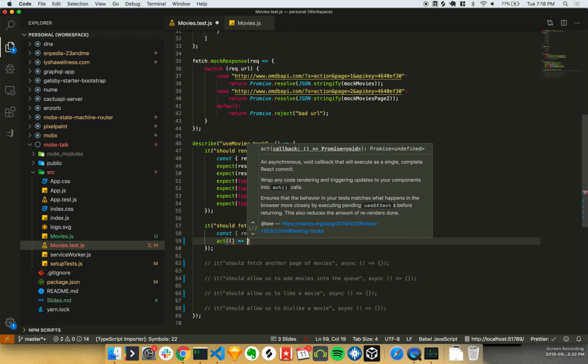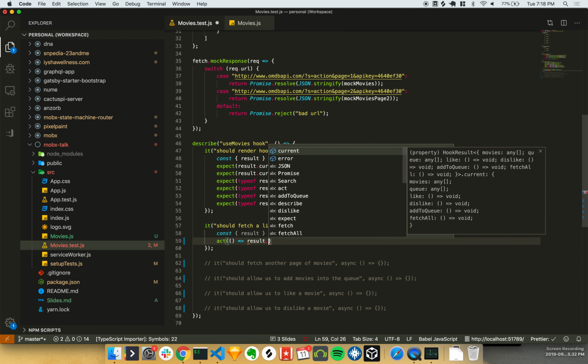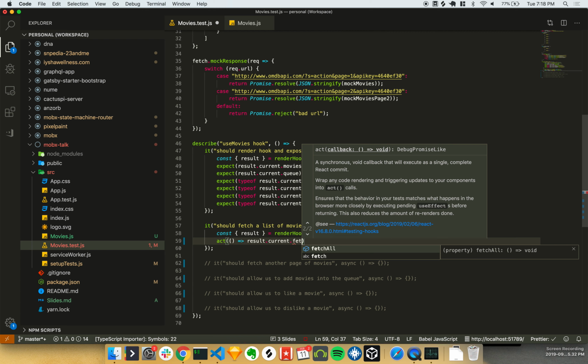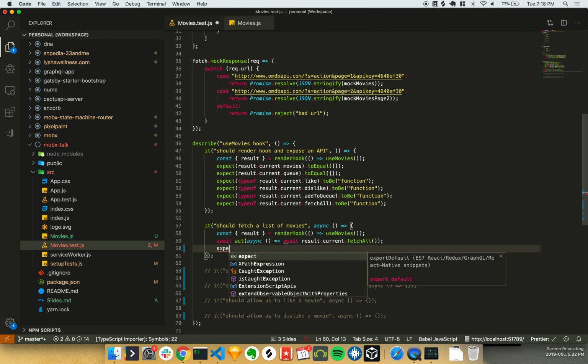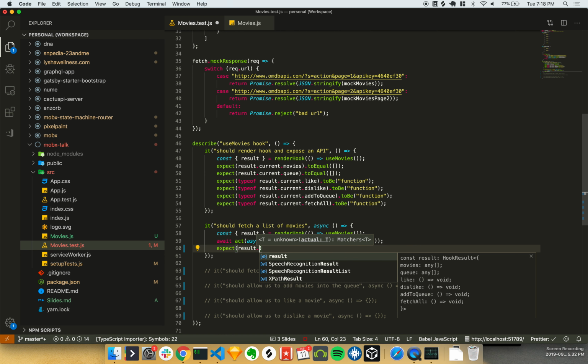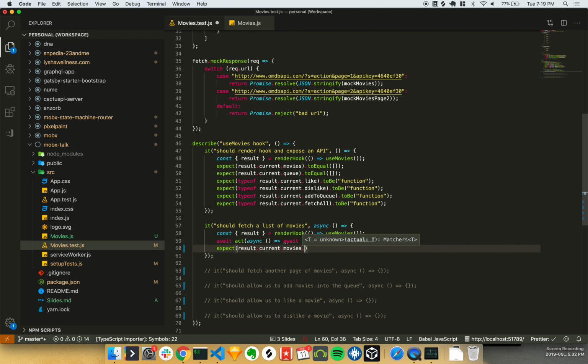So rule of thumb, anytime you call methods or anything like that, wrap them in an act. It will be something like this, and then result.current.fetchAll. Now, this is an asynchronous function, so we'll await that, and then we have to pass async. And because the contents of act are asynchronous, we also have to await act. Otherwise, it's not going to resolve in time. And then we're going to expect that result.current.movies is going to be